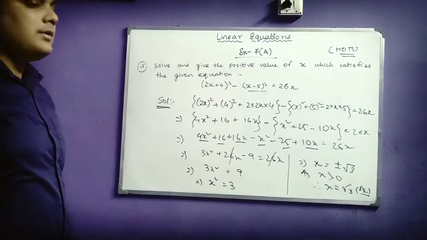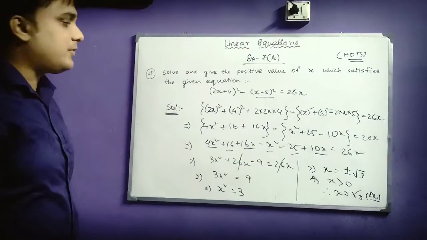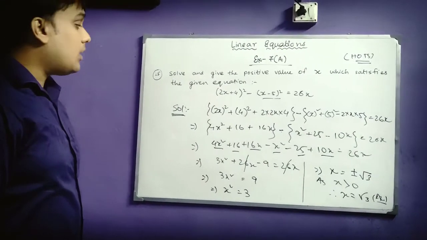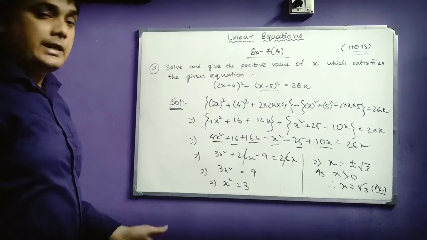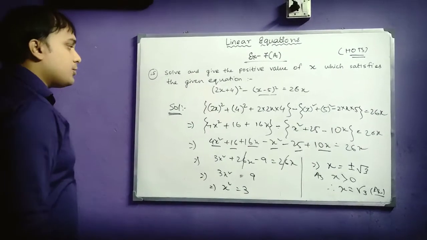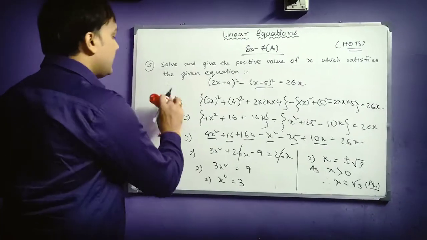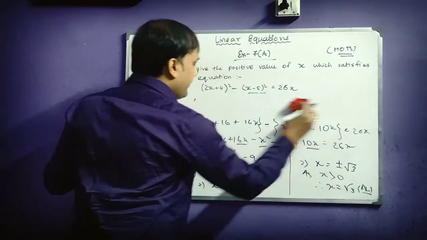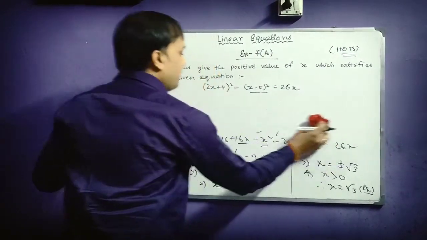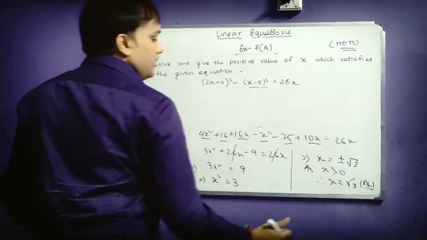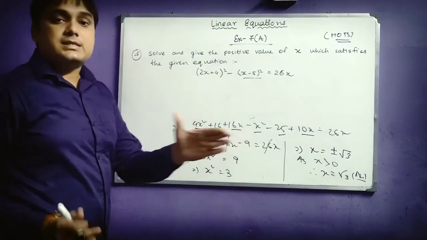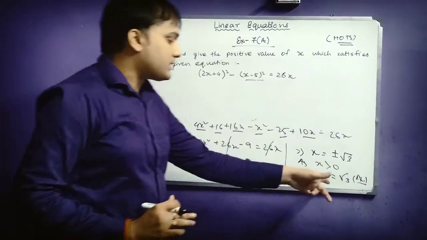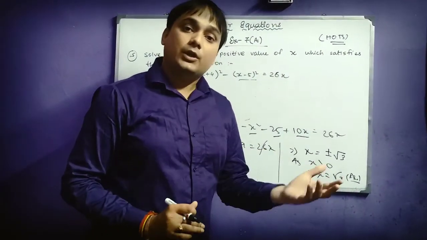So this is how you will be solving it, by taking the help of the formula of (a plus b) whole square and (a minus b) whole square. But now students, I would like to show you one more thing here, whether it is satisfying the given equation or not. How we will check that? You can check whether your answer is correct or not, whether you have got the correct answer or not. That also you can do.